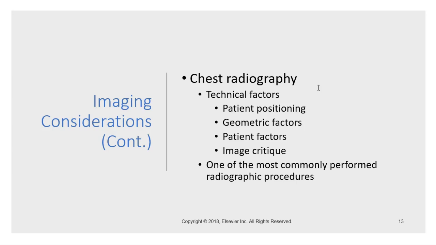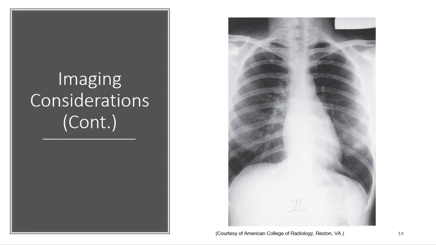So a lot of technical factors in patient positioning go into it, and the radiologists read 1 million of these a day. So looking at a chest x-ray, we have the clavicles coming across here. This is the apices of the lungs, and that's usually where the implanted devices are. So we have defibrillators over here and pacemakers over here, and then you'll have leads that come down and are implanted within the